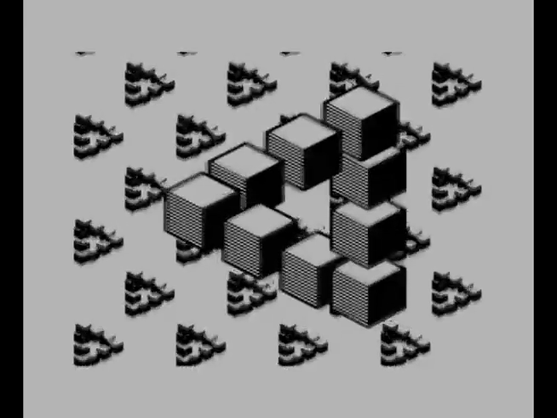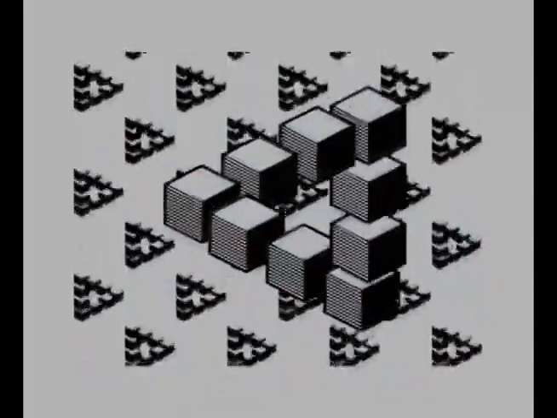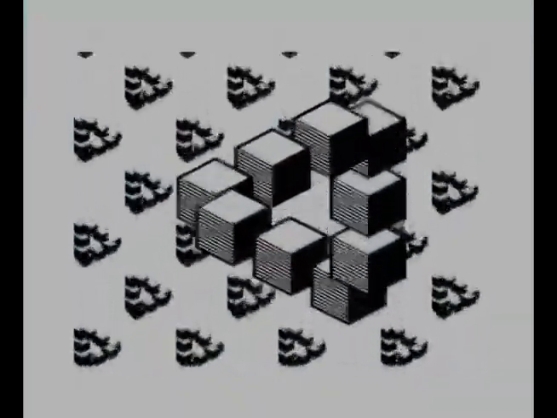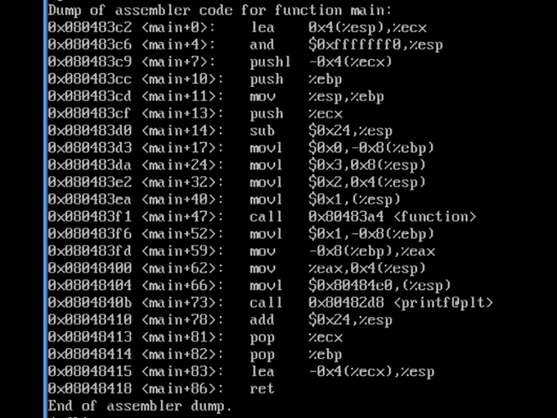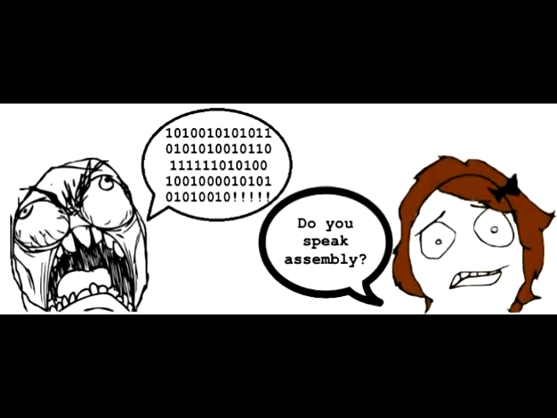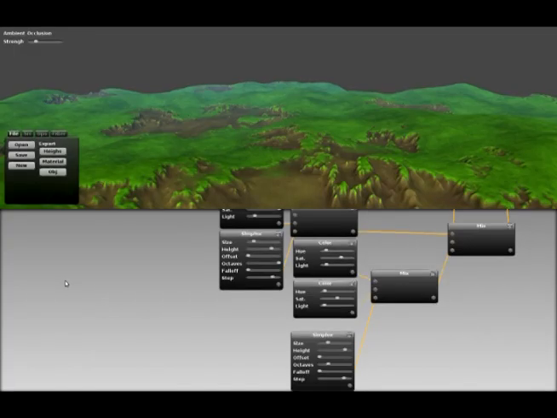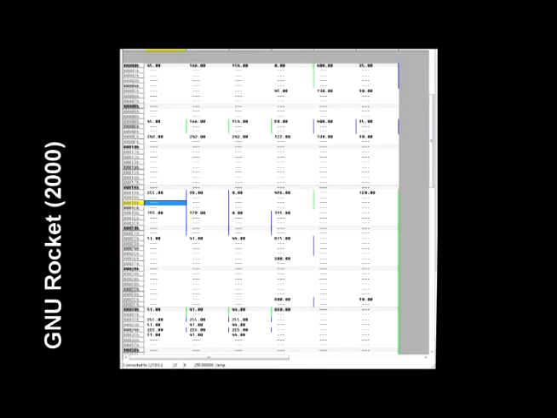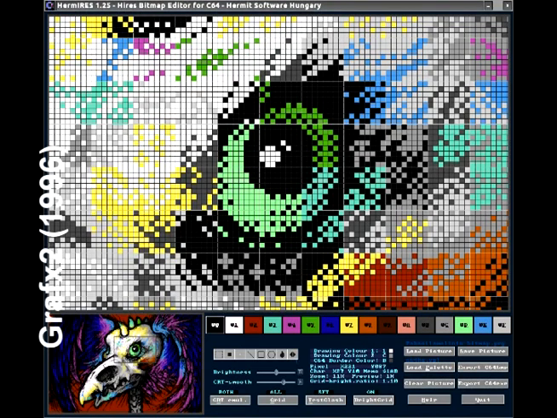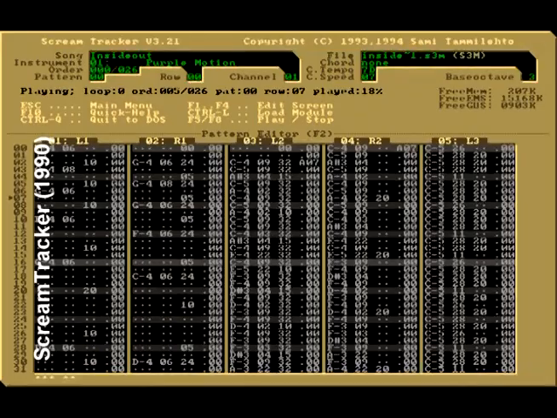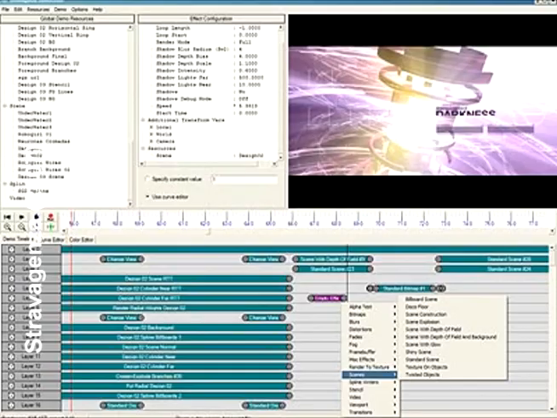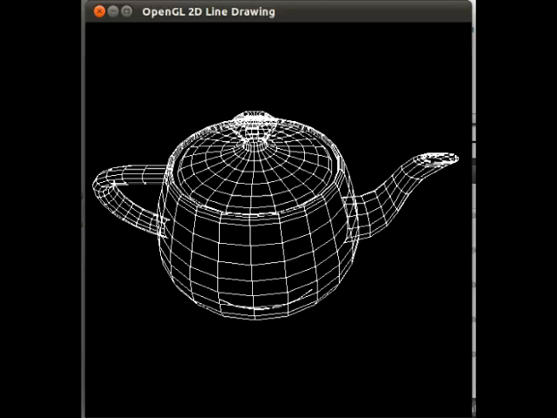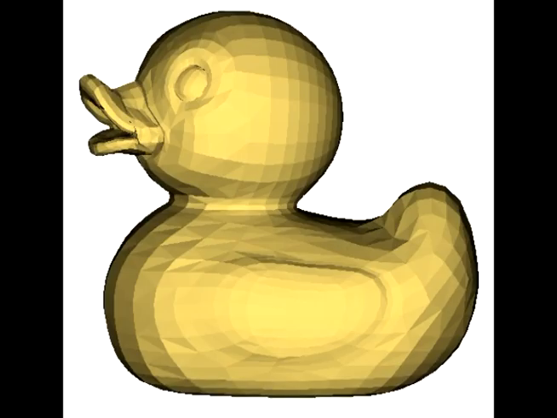To get the most out of these ancient machines, sceners often use creative programming techniques to overcome the inherent system limitations of each platform. Coders utilize low-level assembly language to exert absolute control over every single 1 and 0 for greater efficiency, not to mention inconvenience. Coders often build their own tools and software because software like Apple's GarageBand or Microsoft Paint simply did not exist. Sceners develop music trackers to write music, demo tools to synchronize visuals with audio, and other numerous specialized tools for creating 3D models of teapots and ducks.